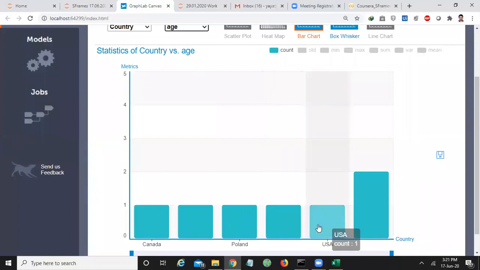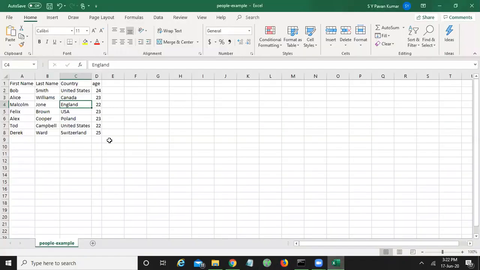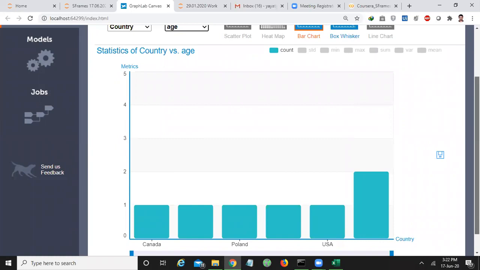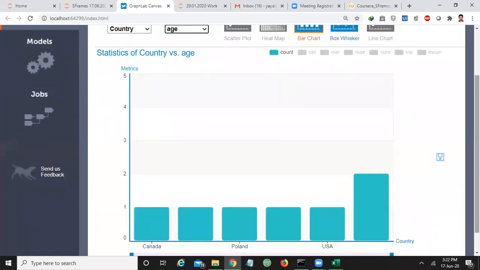USA also only one, but United States we have two ages, one is 24, another one is 22. This is the bar chart showing the relationship between country and age.